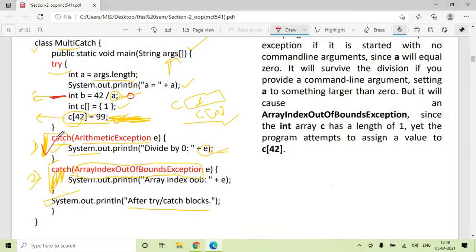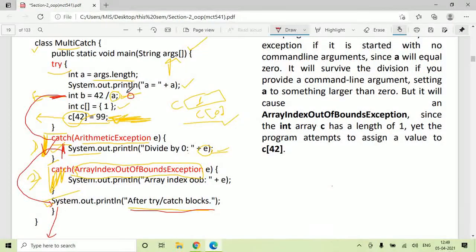Yes, the arithmetic exception catch block is written by the user. So control goes to this catch block, it gets executed, and the control moves out of all the catch blocks. This line after the try catch block gets executed and the program terminates.